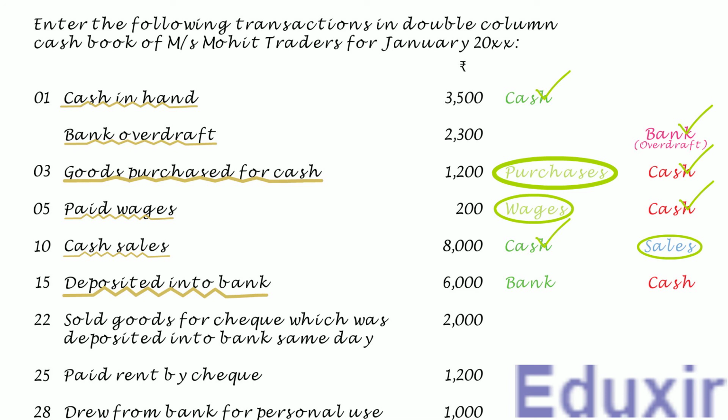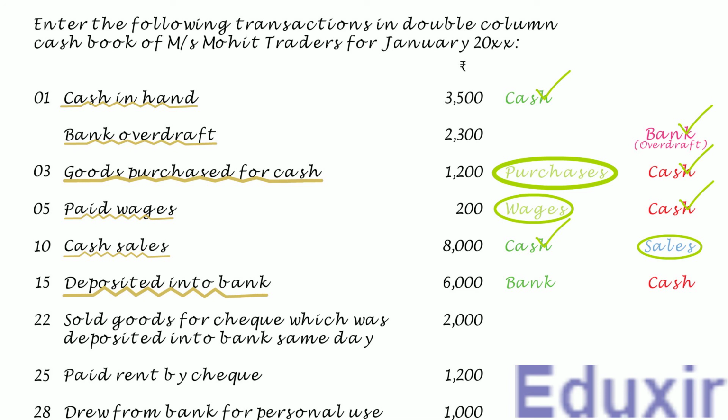As discussed earlier, we use the bank column cash book or double column cash book for recording both the cash as well as the bank entries. As in this case, we have both cash and bank accounts, we should record both of them into the cash book. Of course, one will be recorded on the credit side and one will be recorded on the debit side. Let's first record the cash entry and then we will come back and record the bank entry.